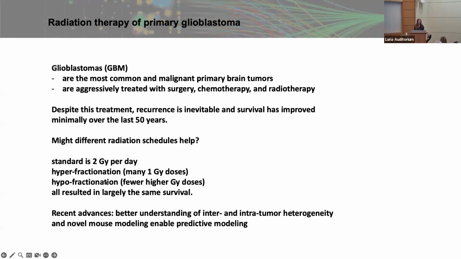But many investigators have investigated alternative fractionation schedules, including hyper and hypofractionation. Over the decades, the different fractionation schedules have been investigated. No significant differences were found in survival depending on the fractionation schedule. All that seemed to matter was the total amount of dose, which as the first line treatment is 60 gray